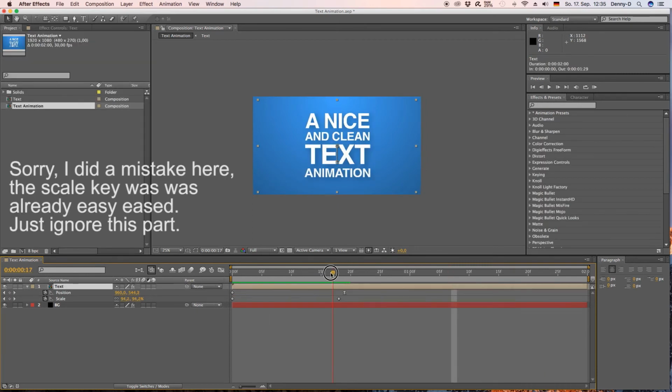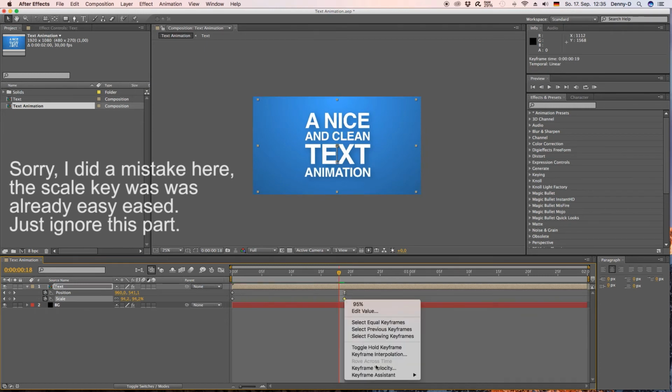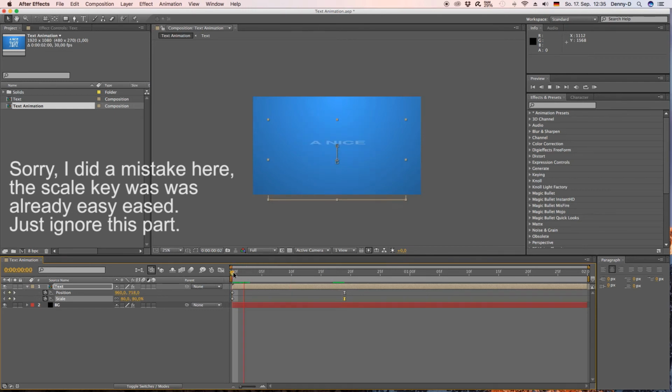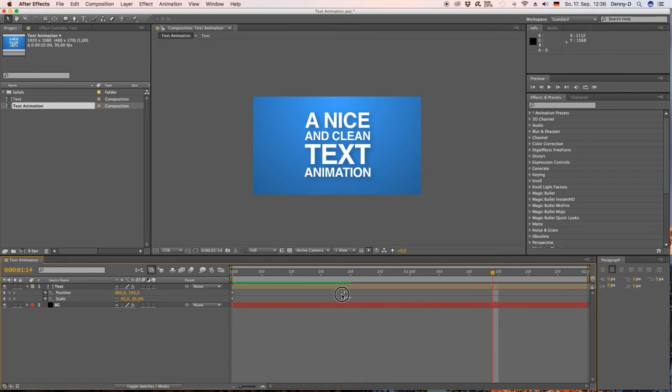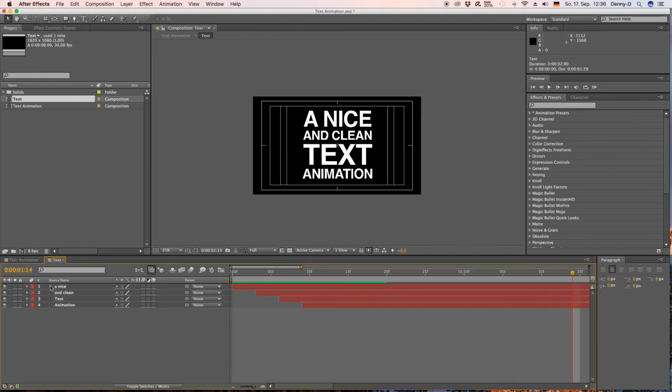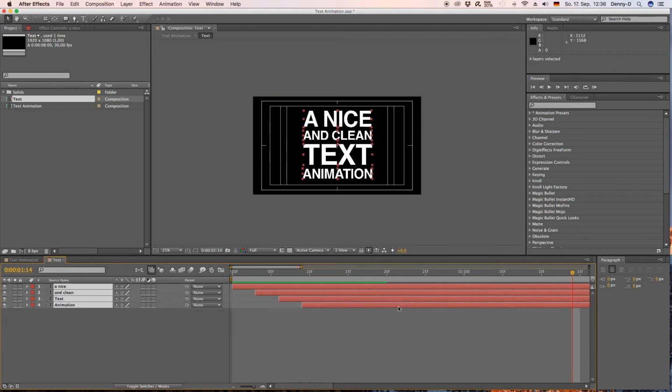Okay, select our composition, hit U to bring up the keyframes. Let's make them all the same length, and easy ease the second one as well. Yep. And now we got the animation to fade in, but if you also want it to fade out, let's just copy these 2 frames here, and also the very first frame, and then copy them to the very last frame. And go into our composition by just double clicking it, select all the layers, and